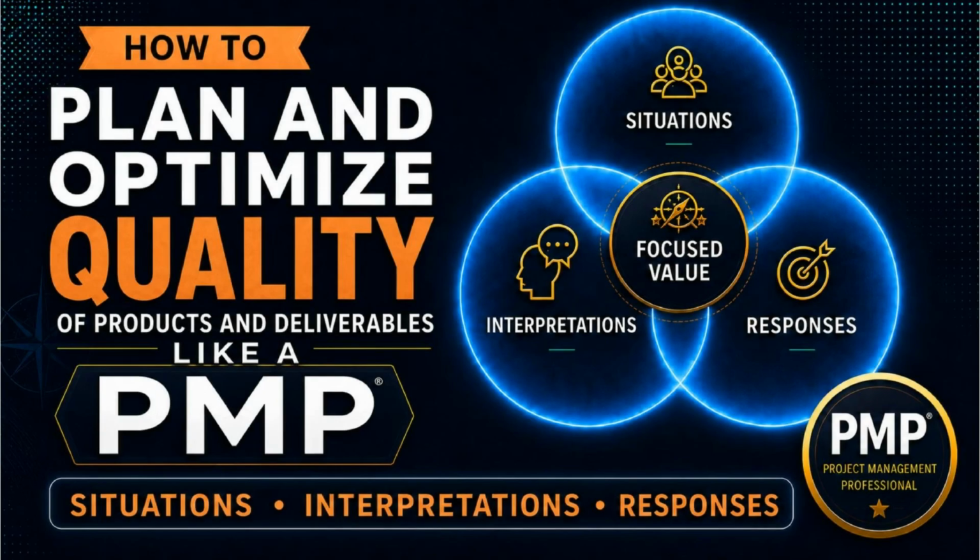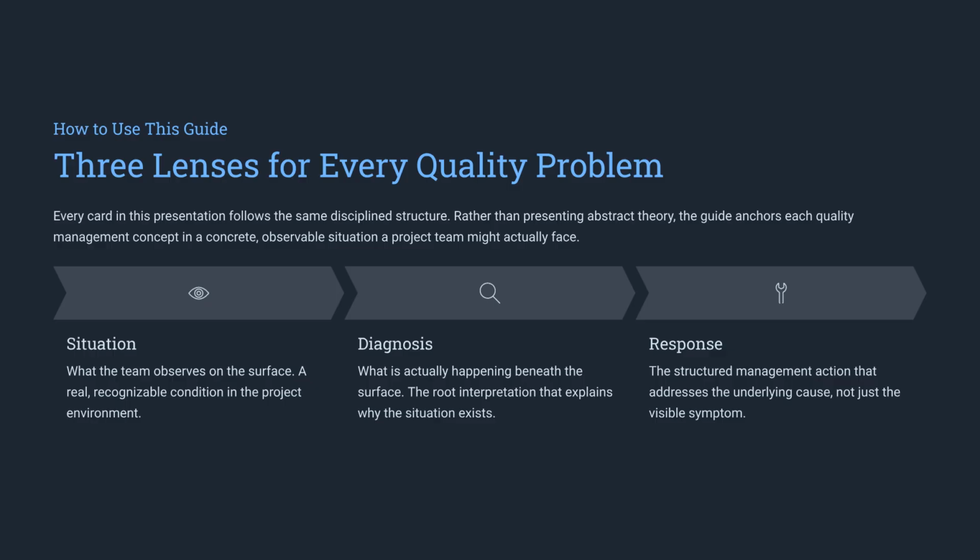Welcome to this executive summary presentation on how to plan and optimize quality of products and deliverables like a project management professional. In this video, we focus on situations, interpretations, and responses as required by this task of the PMP certification exam content outline. To effectively use this guide, we will analyze quality problems using a consistent structure. We start by observing a real-world situation, diagnose the underlying cause, and then define a structured management response to address